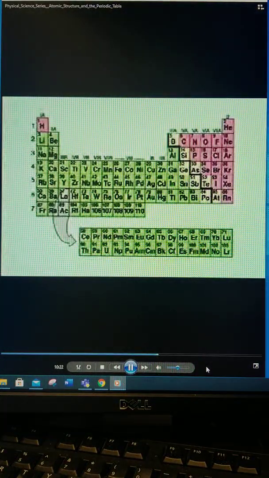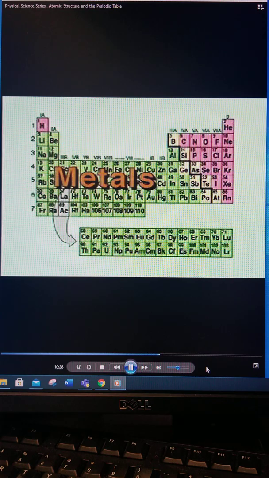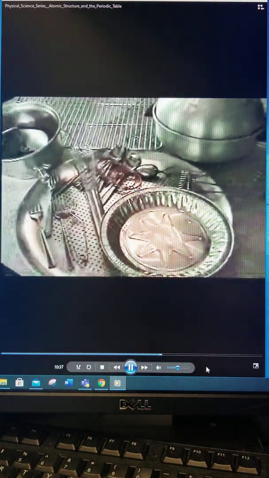Of the 109 known elements, the vast majority are metals. These are highlighted on the periodic table in green. While you may think of objects such as silverware, pans, and wires as metals, other elements, such as calcium and sodium, are also metals. Elements toward the middle and left, such as mercury, are also metals having metal-like properties, such